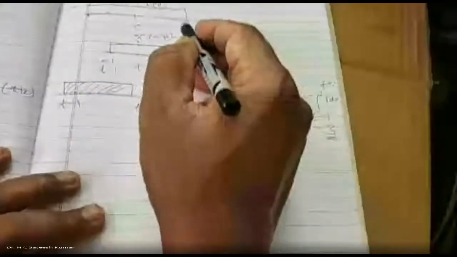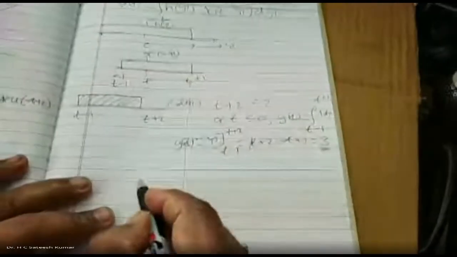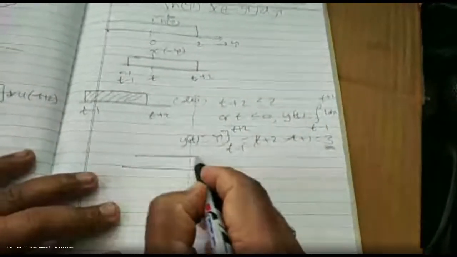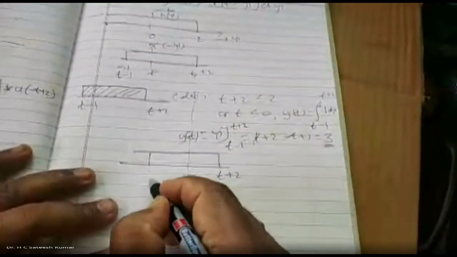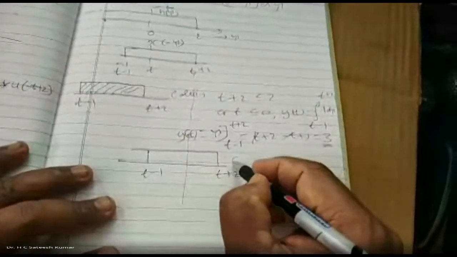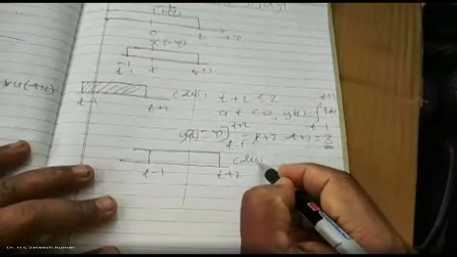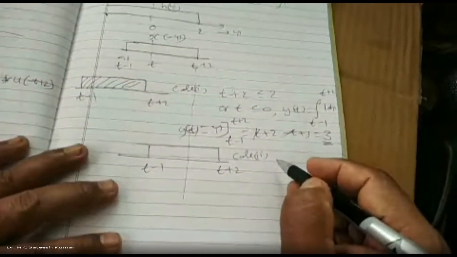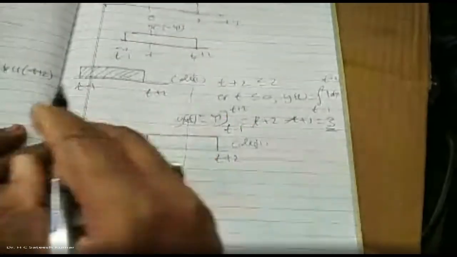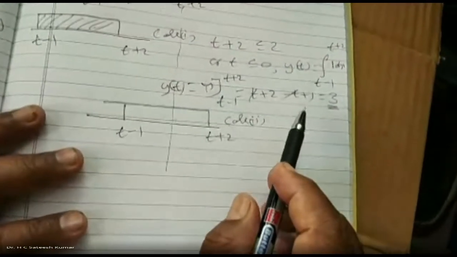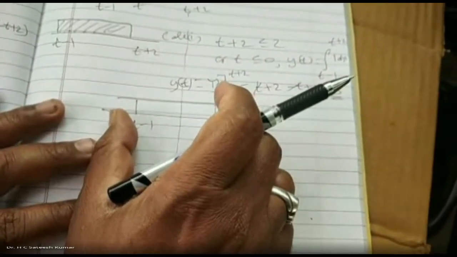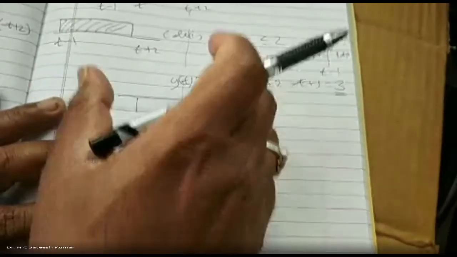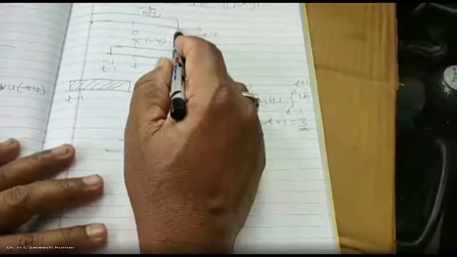Case number 2. Up to this point, we shifted. Next, this is t plus 2, this is t minus 1. Case 2. It goes on decreasing. Until what point is it decreasing? Because the width of the second signal is 3 units, until these 3 units come out of the range of the first one, it keeps on moving. So it starts decreasing from 2.